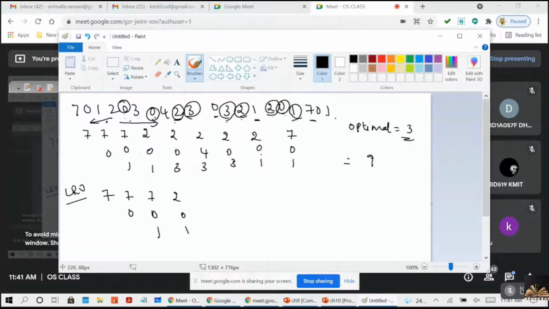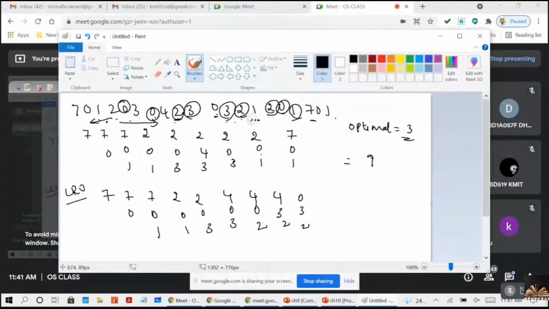If we check like this, not 0, not 2, it is 1, right? So 2, 0, 3. So 0 is there, no replacement. Next you got 4. 4 is replaced with what? Not 0, not 3. It is replaced with 2. 4, 0, 3. Right? Next you have 2. 2 is replaced with what? 3. So 4, 0, 2. Now 3. 3 is replaced with 0. 4, 3, 2. Now 0 is replaced with 4. So 0, 3, 2.